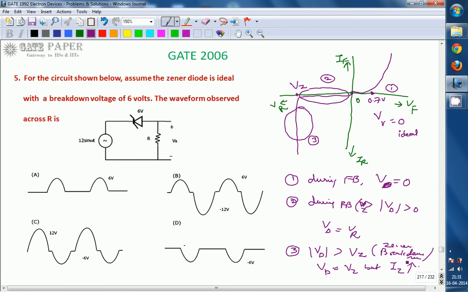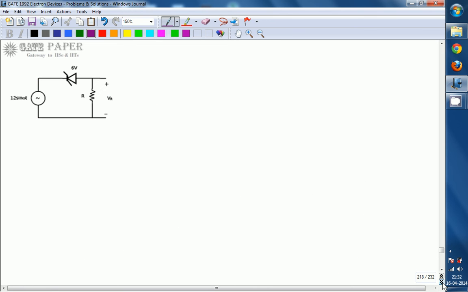Remember that. The first one is forward bias, where you apply more positive voltage on the P side. The second portion is reverse bias, where the reverse voltage is lesser than the Zener breakdown voltage. The third one is reverse bias with the reverse voltage greater than the Zener breakdown voltage. If you are able to identify these three conditions on the input waveform, then it is very easy to calculate the output waveform. Okay, we will see these things.